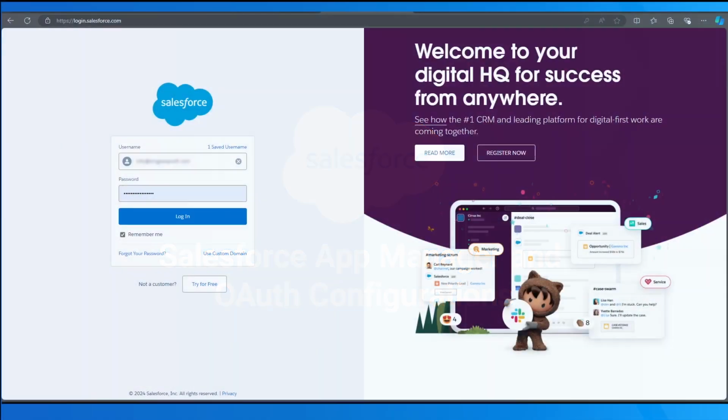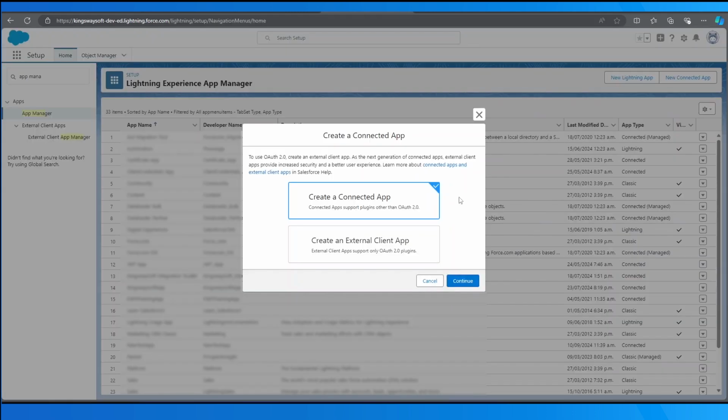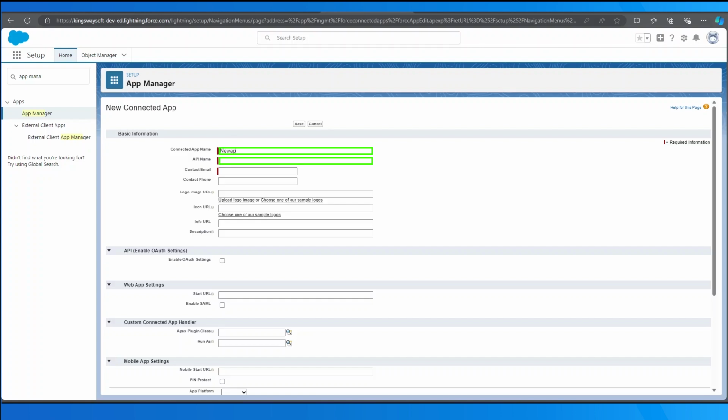To access your credentials for creating an OAuth token in Salesforce, you will need to log into your Salesforce account and search for your App Manager in the Quick Find box. In the App Manager, click on the New Connected App button. Give your app a name and contact email. The name will be displayed in the App Manager. Please ensure that the name is unique within your organization.